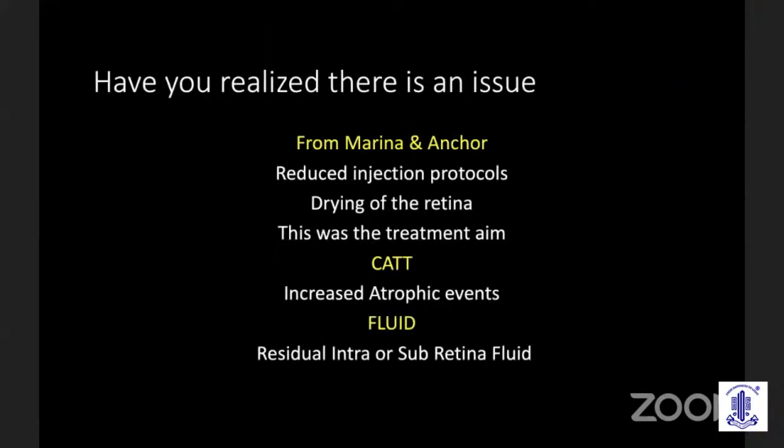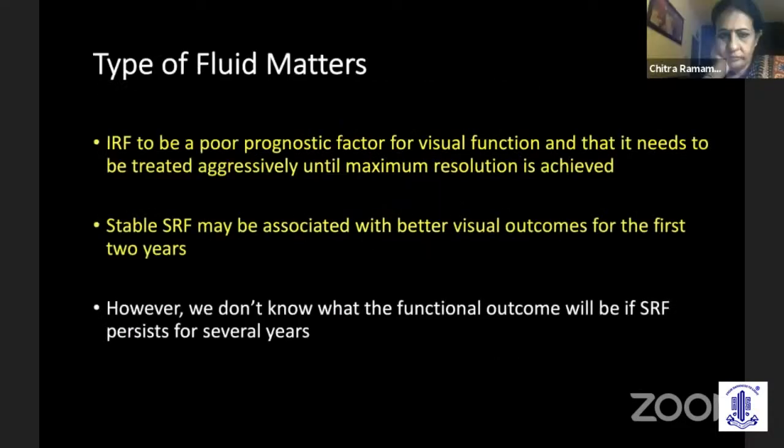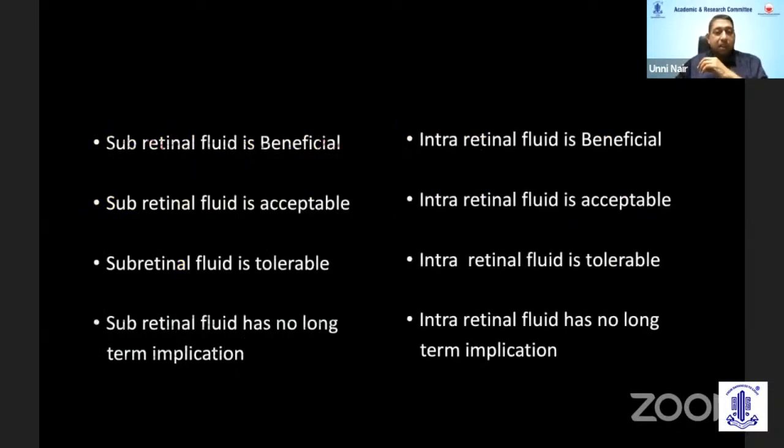Coming to the last part, with 1 minute left. We started with monthly treatment where the aim was to dry the retina. Over time, we had studies that showed there were more atrophic events when we totally dried the retina. And then the fluid study came, which gave a very wrong outcome, where you read half the conclusion of a study and take home a bad message. The bad message was that subretinal fluid is good. So let's be sure, subretinal fluid is not beneficial, but maybe accepted.